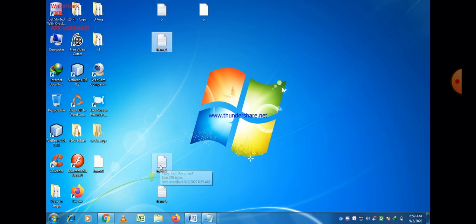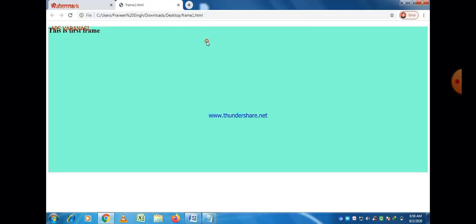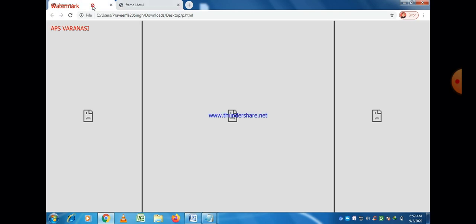So 4 different text files are here and 4 executable files should be there. Now when we just execute this program, you can see that is the output regarding frame 1 and that is our main program. And just refresh the web page, you can easily see the output there with the heading this is our first frame.